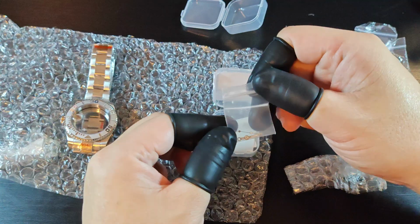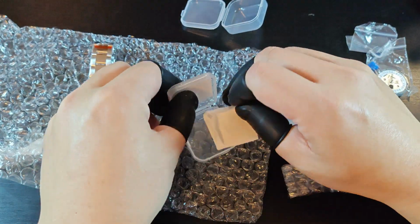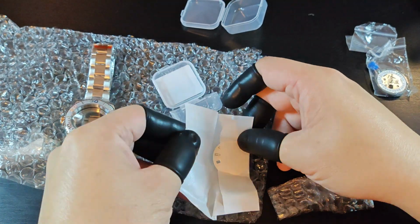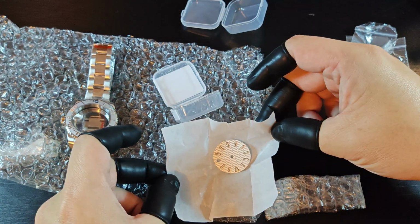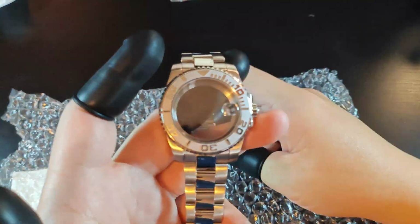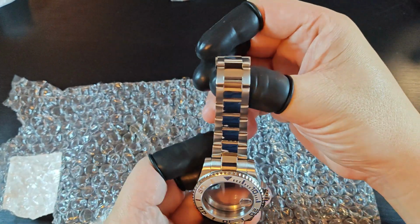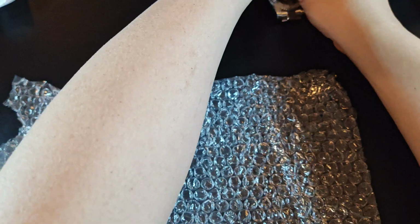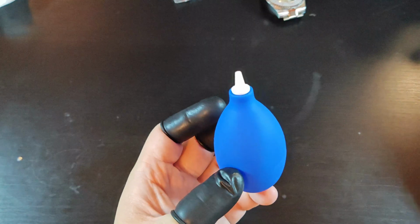And these are the hands for the dial and the dial itself. Nice beautiful little white dial. I thought it'll go quite well with this Yachtmaster silver looking watch. I think all this came to, I think it was £70 or so, including the case, the NH35 movement and